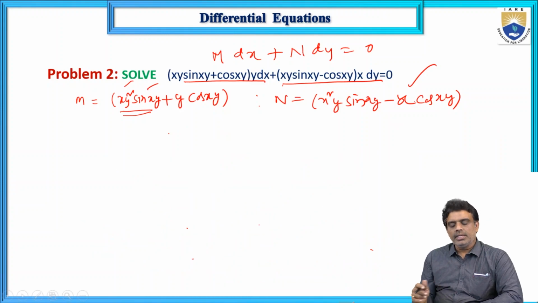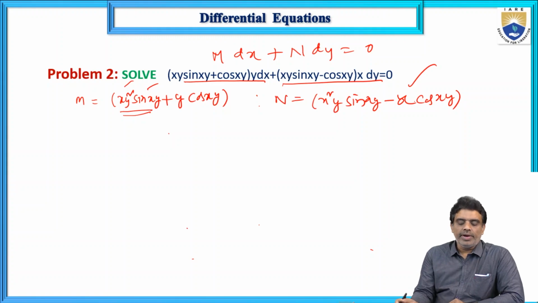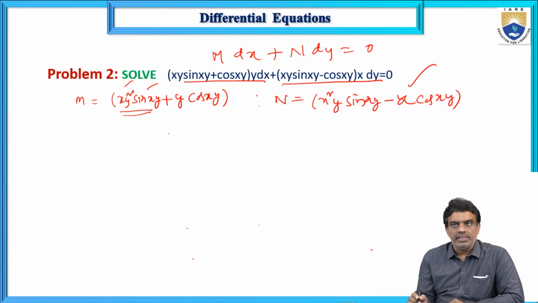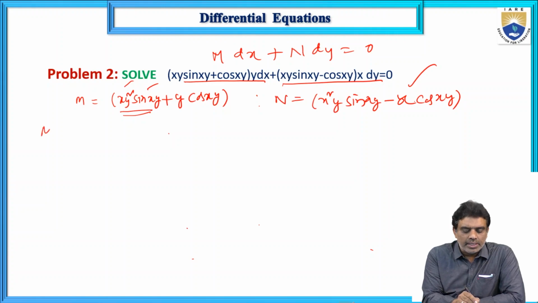Clearly, it is not an exact equation, and also it is in the form y into f of xy dx plus x into g of xy dy is equal to 0. So it comes under type 2 integrating factor,